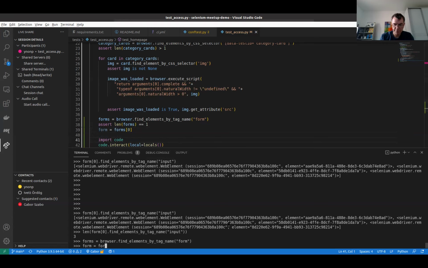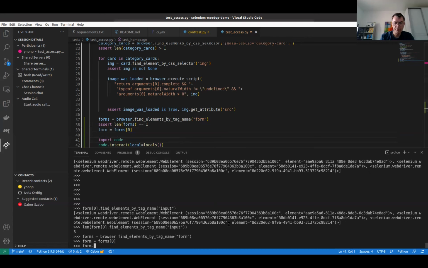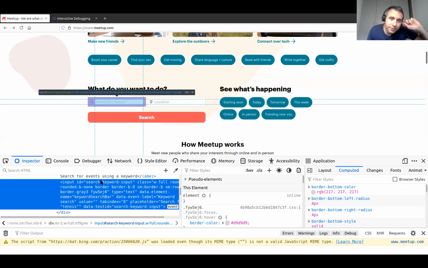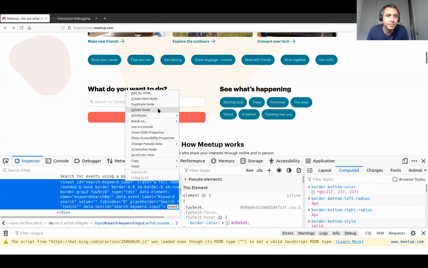Form equal to forms 0, and then form get element by ID. No? Yeah, it's possible. I usually use the CSS selector and the hash symbol.